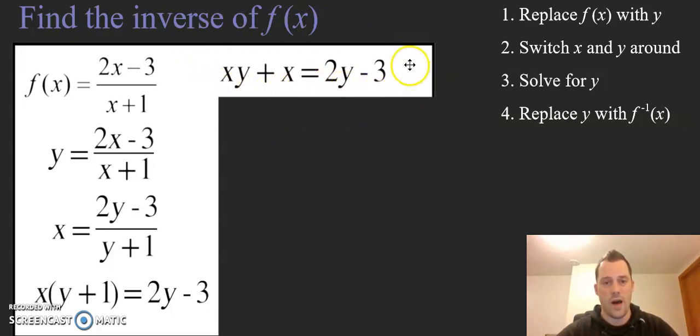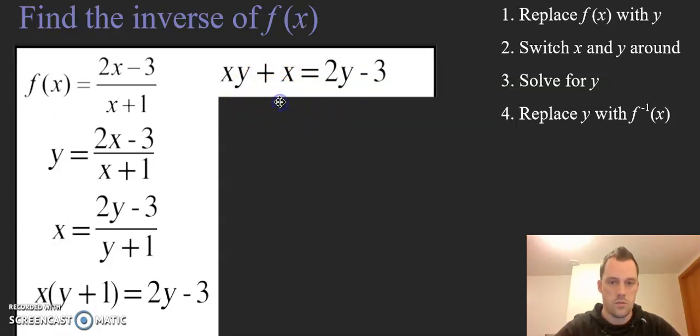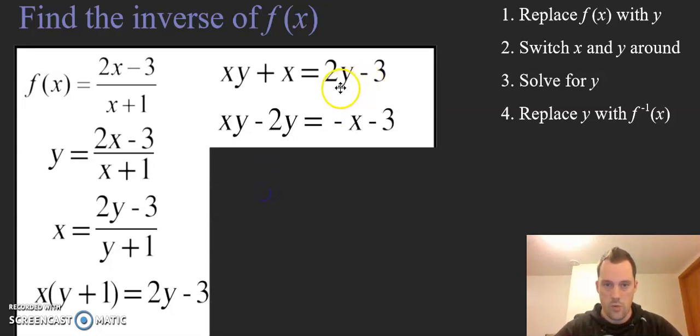So now we still have two y's, but it looks much nicer than what we started with, this rational. So again, we want to combine the y's. So I want to get the terms with the y on the same side. So I'm just going to subtract 2y over to the left. And this doesn't have a y, so I'm going to subtract x and move it over to the right. Okay, so now we subtracted this over. We subtracted this over. Now we've got the two terms with a y on the same side and everything else